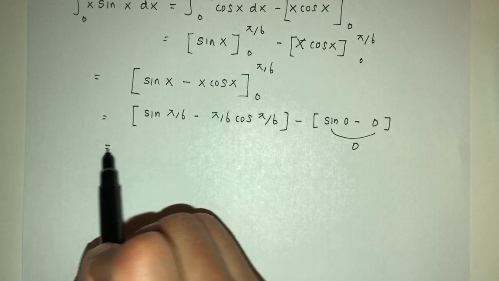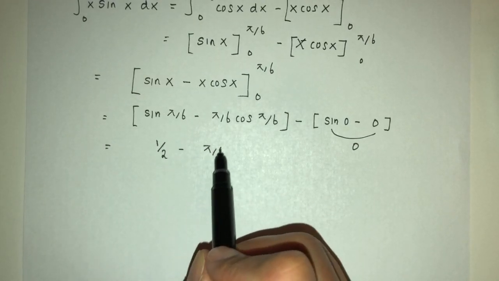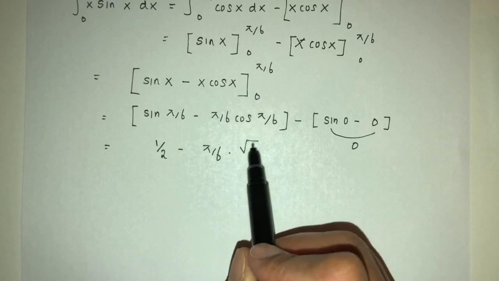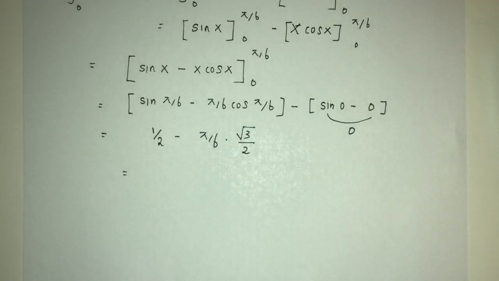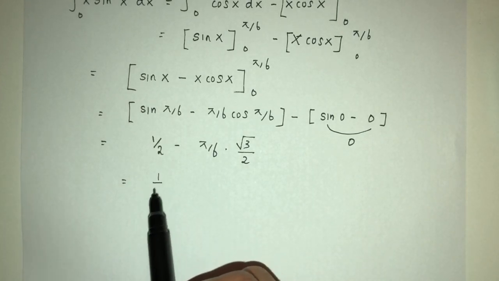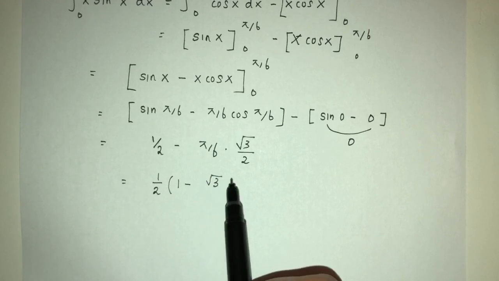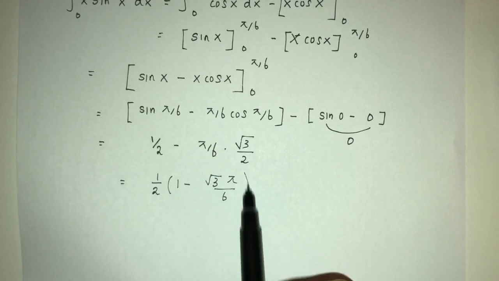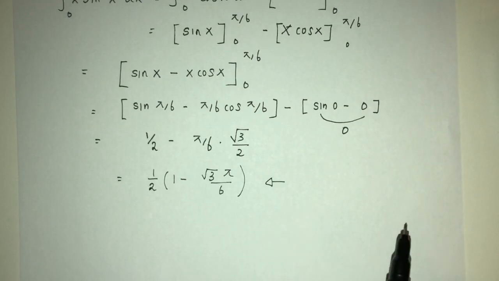Now for this one you can simplify. Sine of 30 degrees will be half, minus pi by 6, and that will be root 3 over 2. So your answer will be something, because you're looking for the exact value, we can try to factorize. Why not? Take out a half outside, you will have 1 minus root 3 pi over 6. That will be the exact value. But if you want to simplify some more, you can always expand and simplify, but that should be the exact